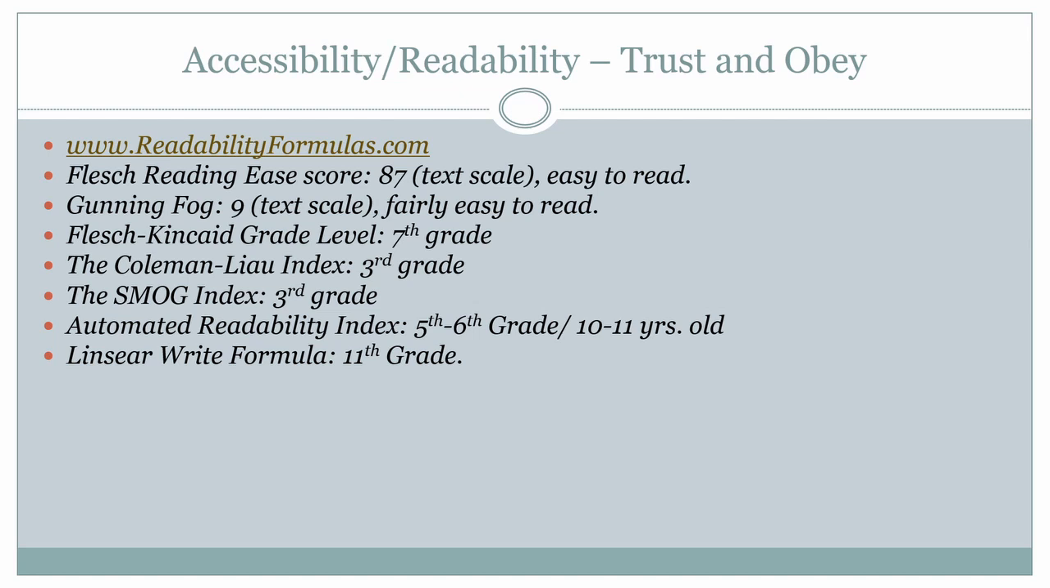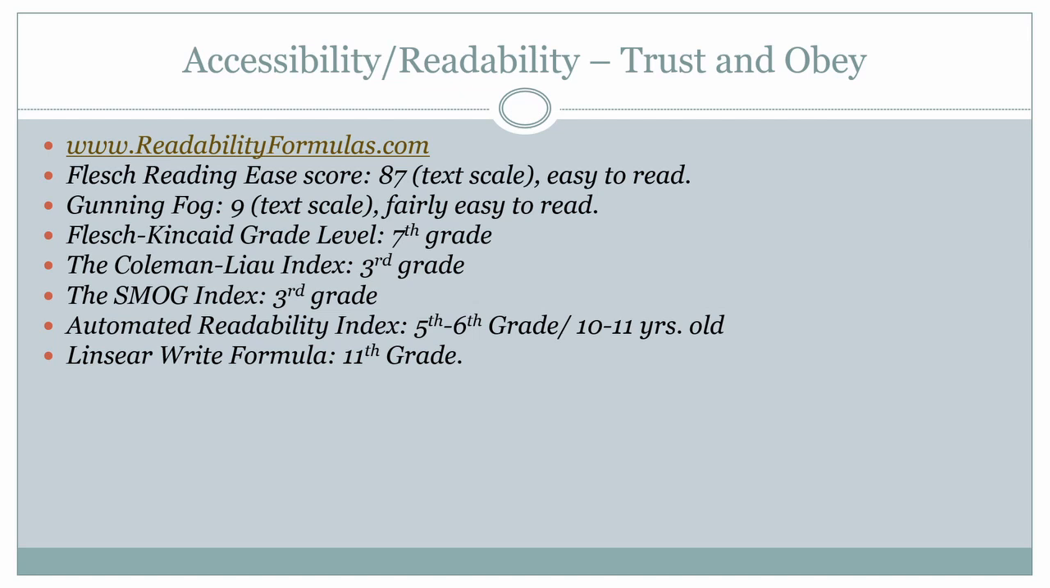So you've got the Flesch reading ease score, and if we look at the song "Trust and Obey," you can look that up fairly easily online. It has a score of 87. It's easy to read. Gunning Fog has a 9 on the text scale, fairly easy to read. This is just the report that you get out from Readability Formulas. And on that website or online in general, you can go and dig into these more if you're really interested in this. Flesch-Kincaid has a grade level of 7th grade,